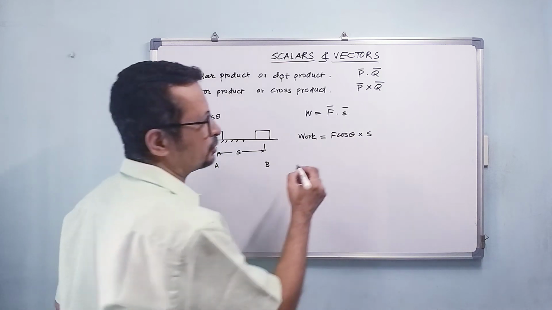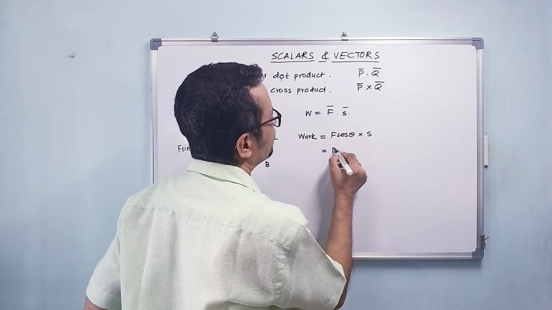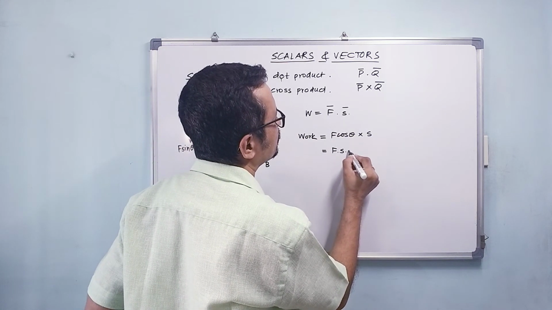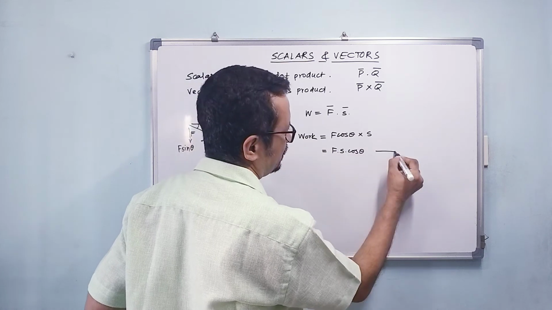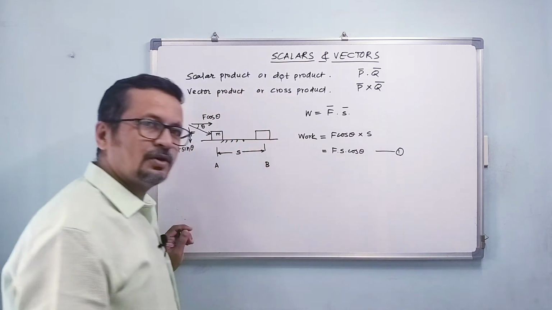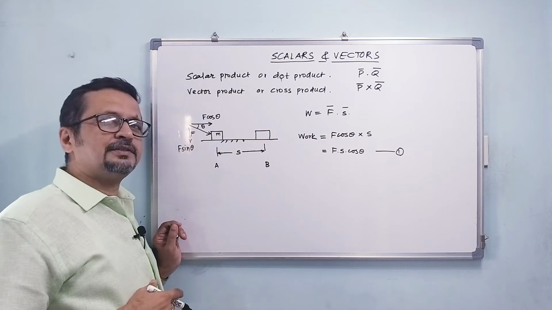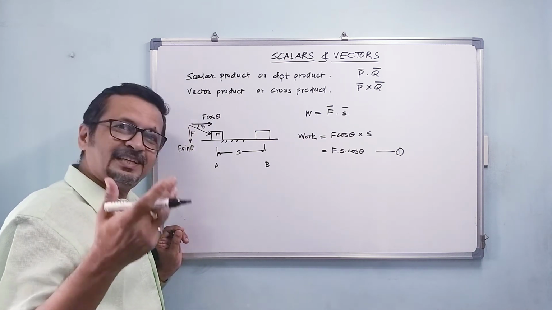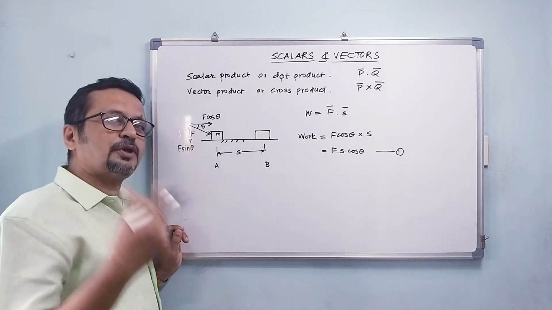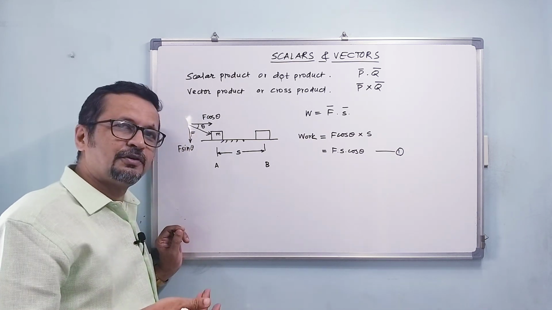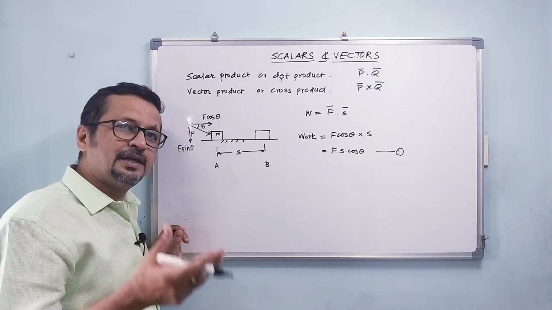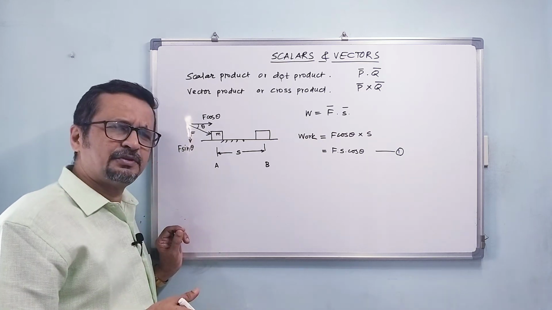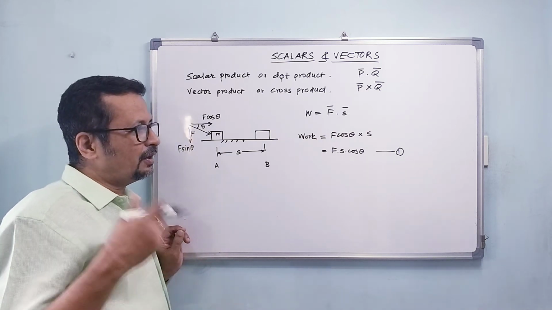Displacement is S in the horizontal direction, so it is F into S into cos theta. This is number 1. How did we define the scalar product? It is the product of magnitudes of both the vectors and the cosine of the angle between them. Alright, now let us